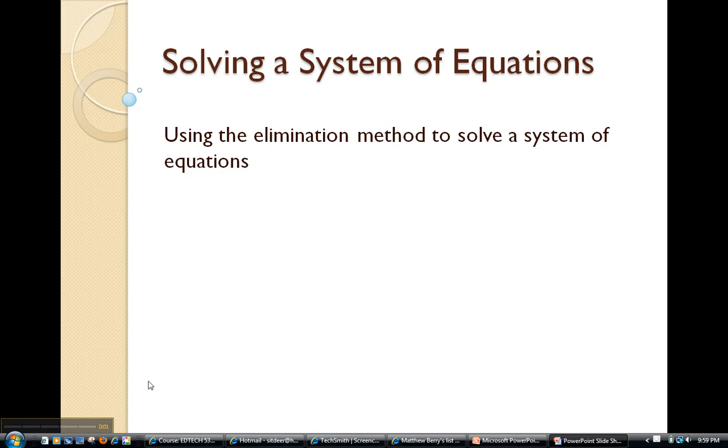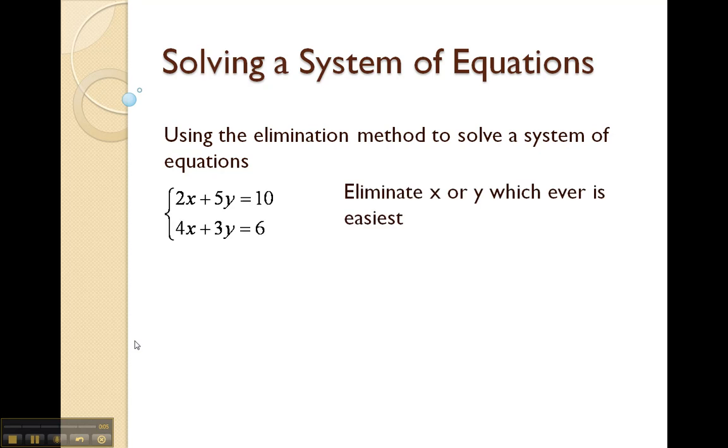Alright, in this example we're going to solve a system of equations using the elimination method. So we'll take this system right here. It's a 2 by 2 system in which you have two variables and two equations, and we're going to eliminate x or y, whichever is easiest. If you take a look at this system, you should note that x is going to be easier to eliminate